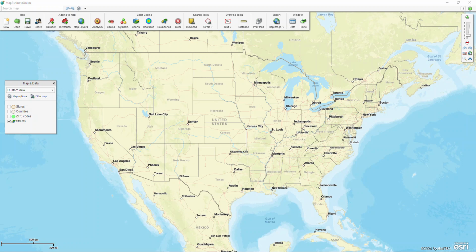This video is going to go over how to import a territory hierarchy file made up of territories, regions, and divisions. So in MapBusinessOnline, you always have the ability to create territories by zip codes, counties, and states, but you also have the ability to combine territories together into regions and regions into divisions. You could always do that manually in the program, but this video is specifically going over how to import a